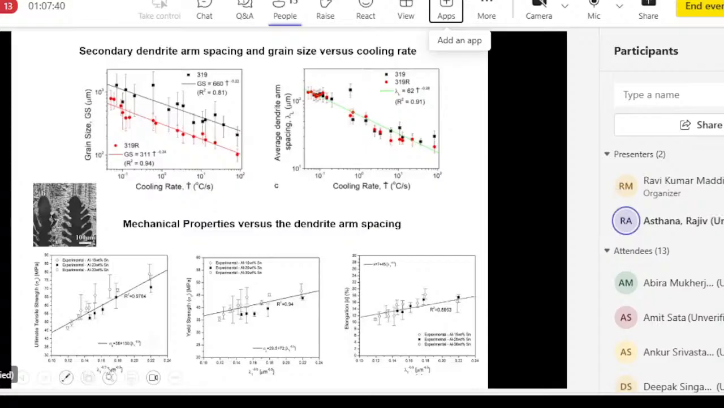So from left to right, the dendrite arm spacing is decreasing really. And that's why the tensile strength is going up, yield strength is going up, even ductility goes up a little bit. So this is how we relate useful practical properties to structure that forms in castings. But as I said, it's easier to characterize